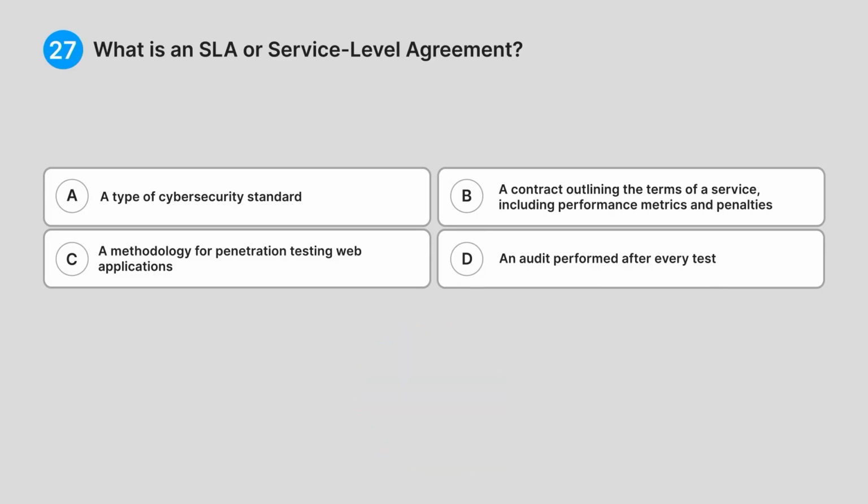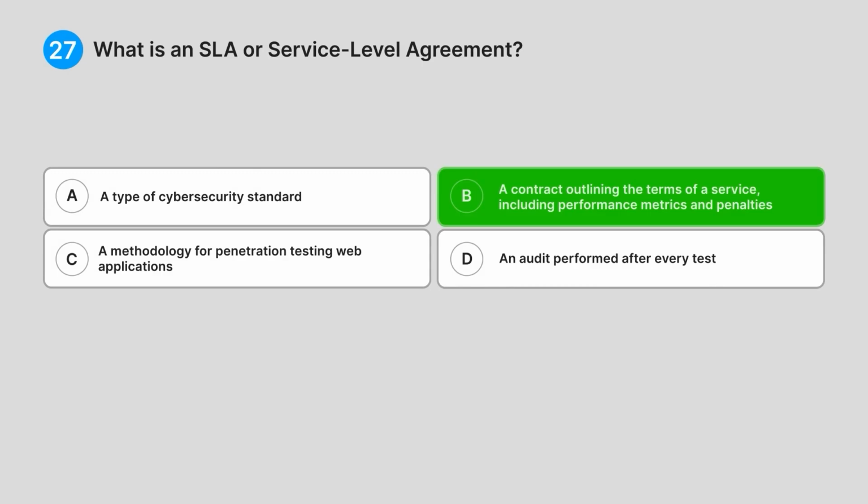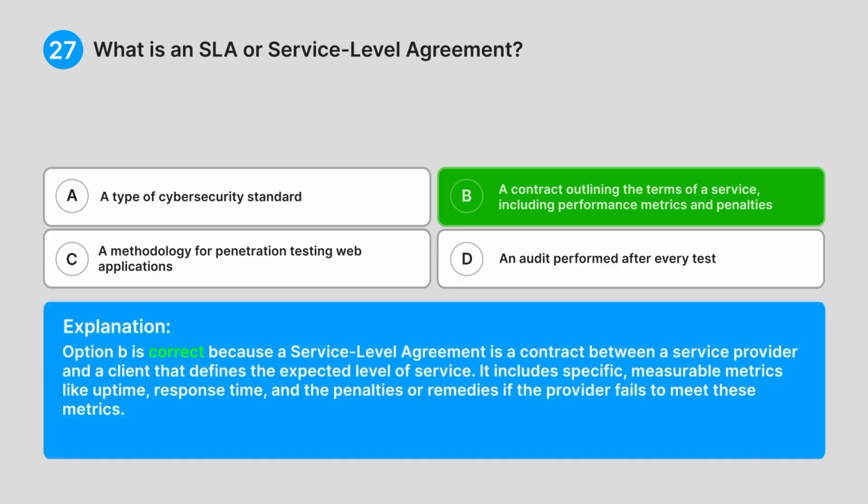Correct answer, B, a contract outlining the terms of a service, including performance metrics and penalties. Explanation. Option B is correct because a service level agreement is a contract between a service provider and a client that defines the expected level of service. It includes specific, measurable metrics like uptime, response time, and the penalties or remedies if the provider fails to meet